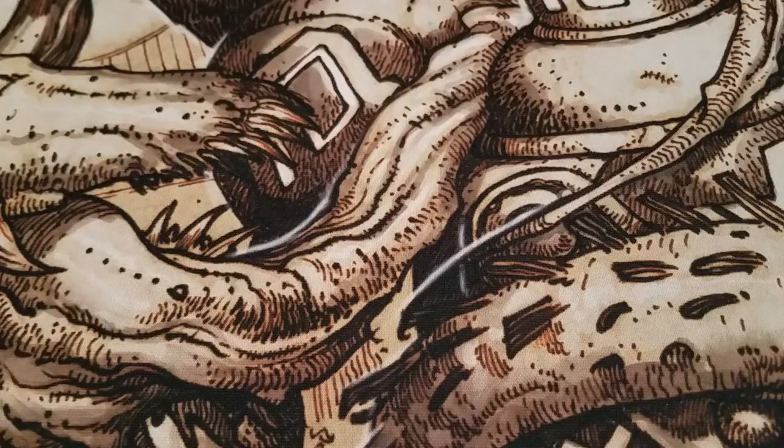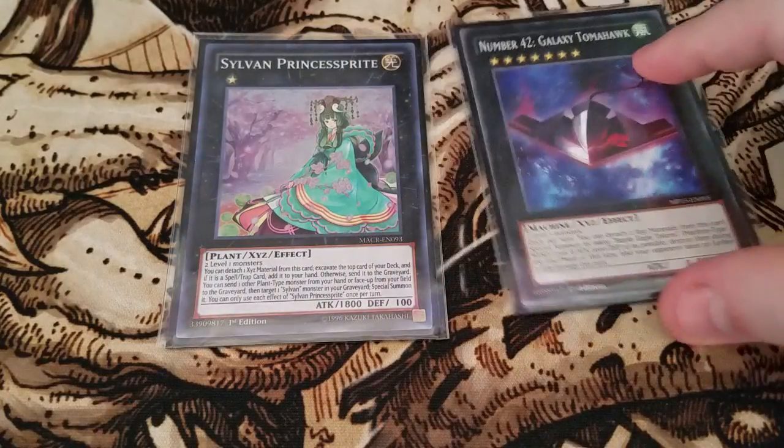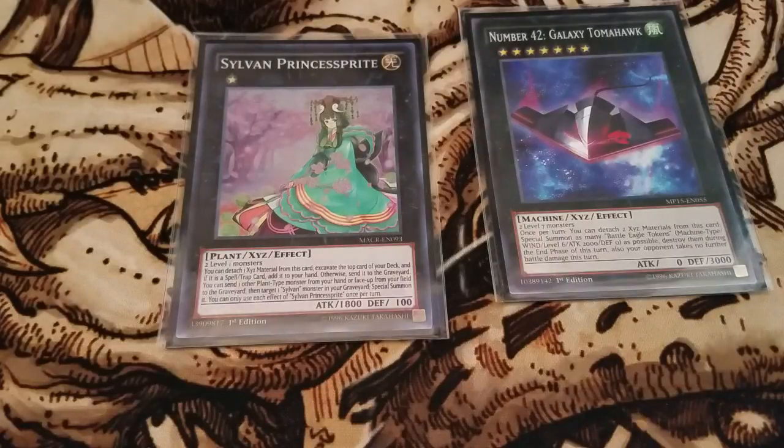Next, we got your Exceeds. We got a single copy of Princess Sprite and a single copy of Galaxy Tomahawk. Generally, you're making the Tomahawk by making a level 7 Synchro and then exceeding that Synchro with Master Plan. And then you make a bunch of tokens on the field, and usually you can either go into like a